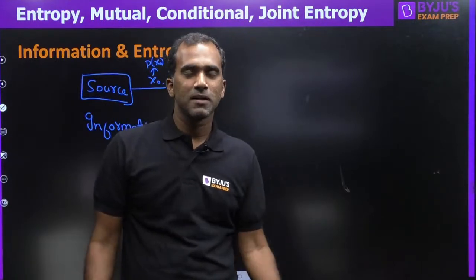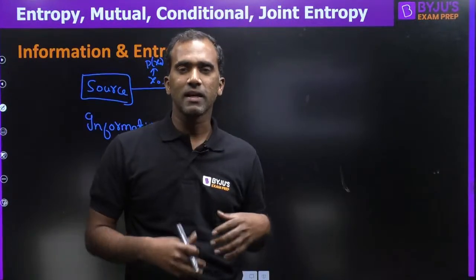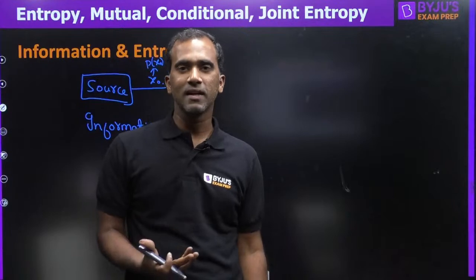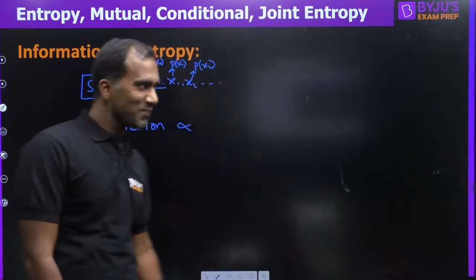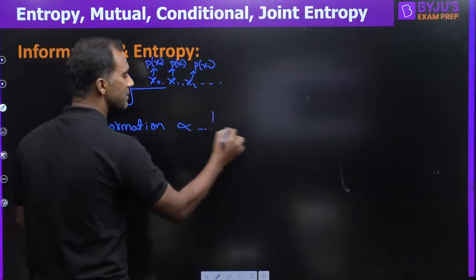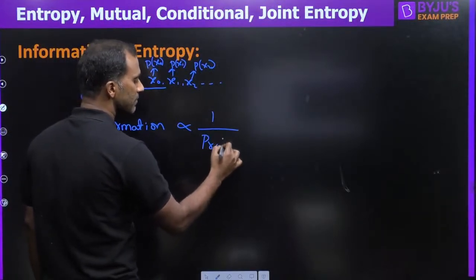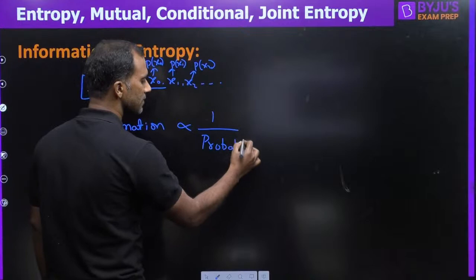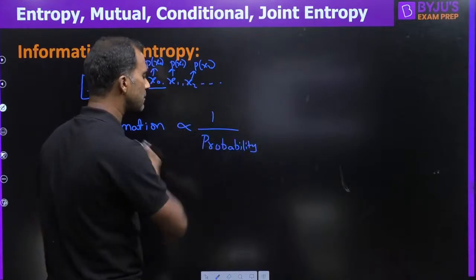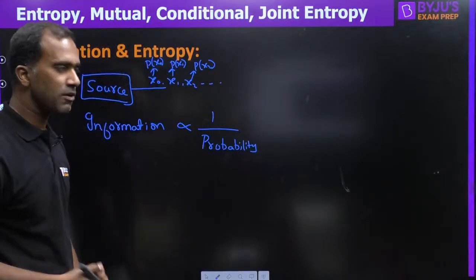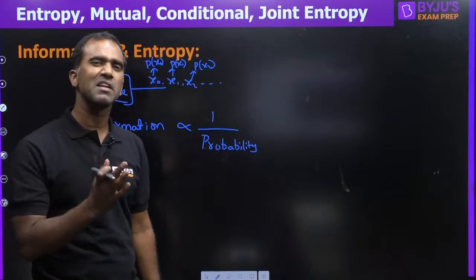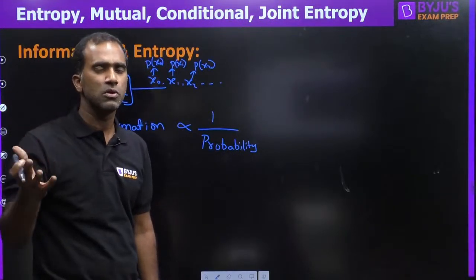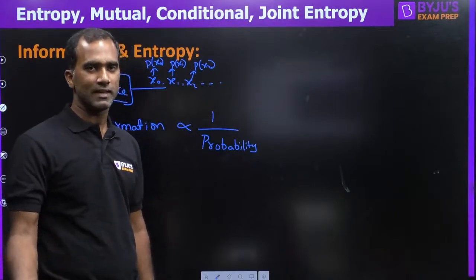Okay, for example, a tsunami happens. It happens once in a while. If somebody says that a tsunami has happened, it's like rare information. Anything rare is like huge information. Okay, right. So information is always inversely proportional to probability. This is not in an exact sense, but in a rough, commonsensical manner, information and probability are inversely related. Because if probability is more, you're having less information, because most of the time we already know the end result.